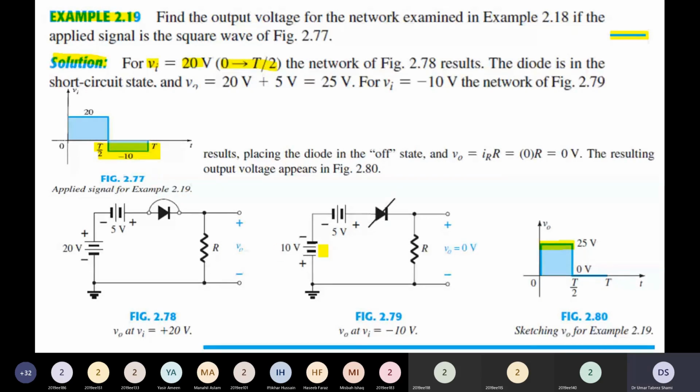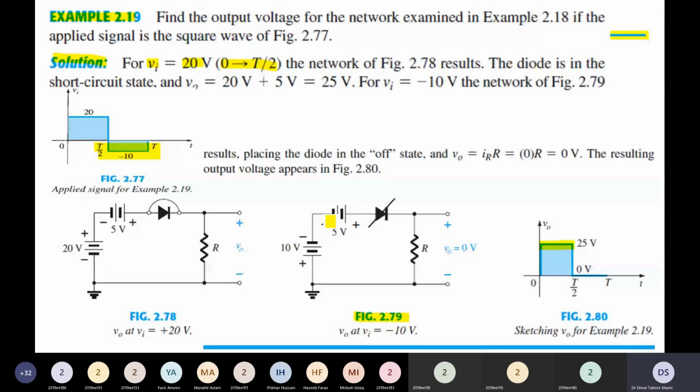So this is represented in figure 2.79, where we are using a battery of 10 volt such that the positive terminal is connected to the ground and the negative terminal is available for the circuit. The negative terminal of the 10 volt power supply is connected to the negative terminal of the 5 volt battery. Now, if we look at this circuit,